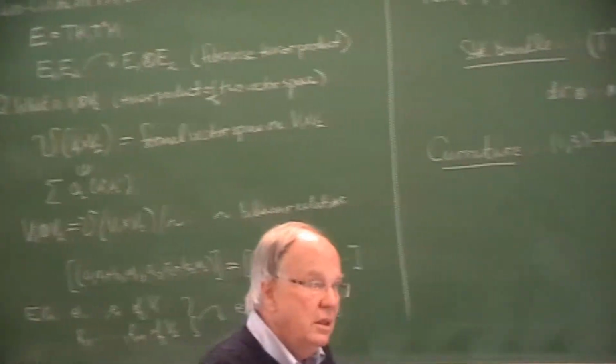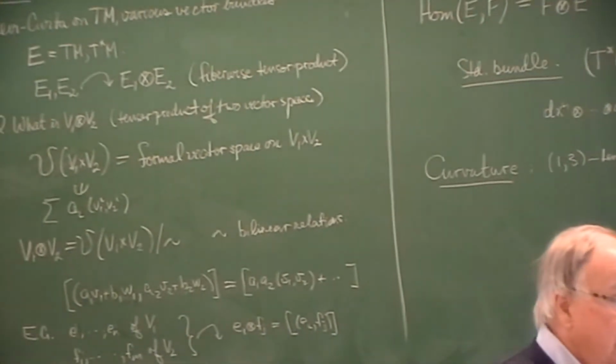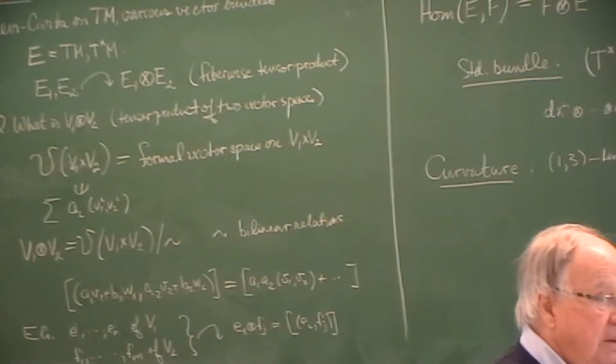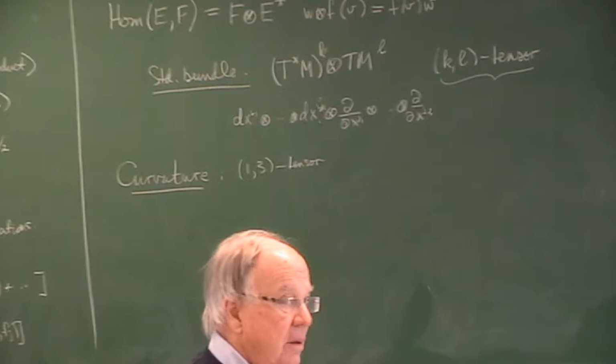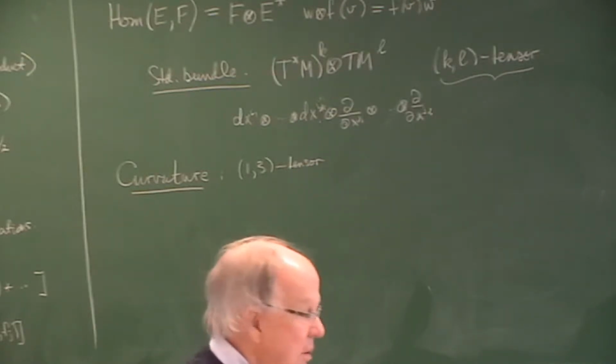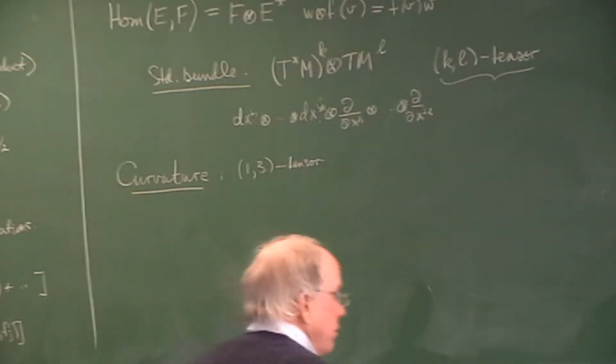Yes? So we know what the tensor product of two vector spaces is, right? But then when you write Fi plus Fj, that's two elements in the vector space, right? So how do you define the tensor product of two elements in the vector space? I'm not sure I understand it. So we have,